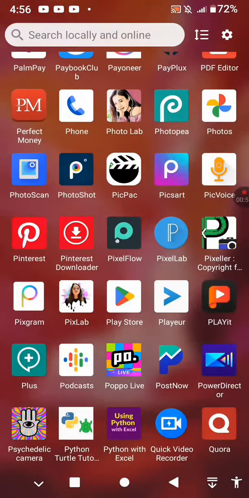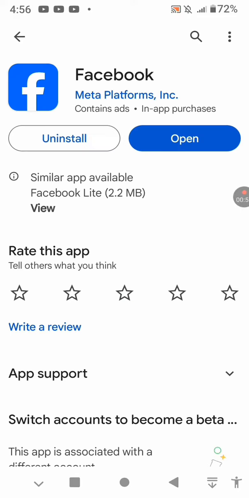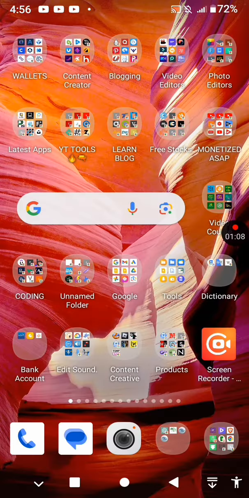to search for Google Play Store. Tap on the Google Play Store and tap on Facebook. When you search for Facebook, tap on it and try to update the Facebook app. So after updating your Facebook app, what you have to do lastly, after getting your latest version of Facebook, tap